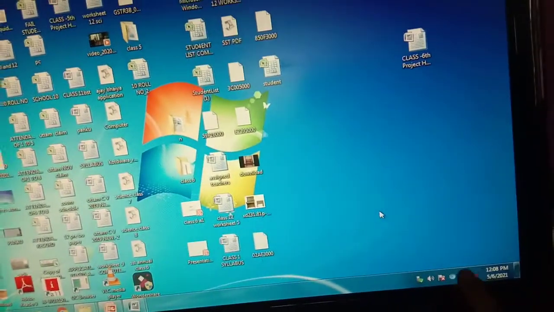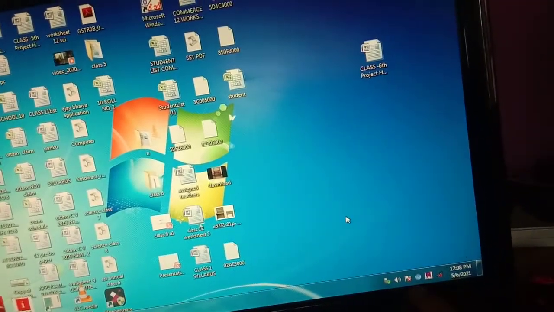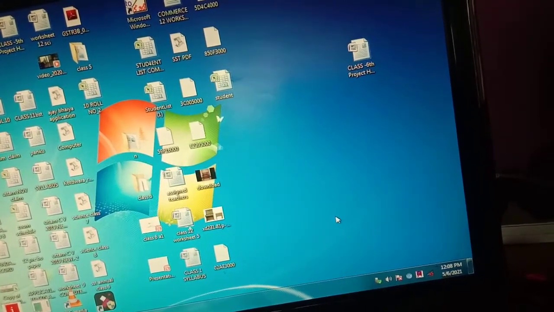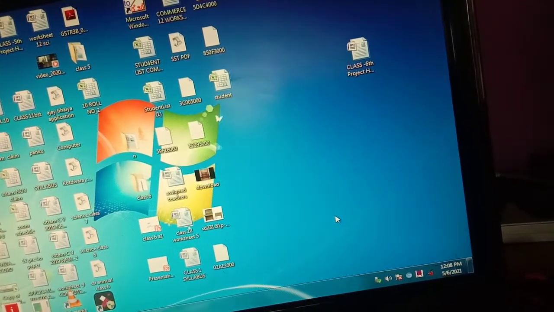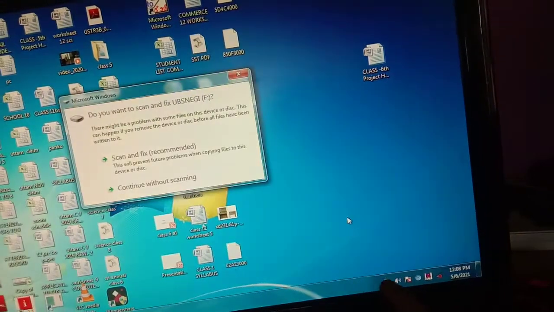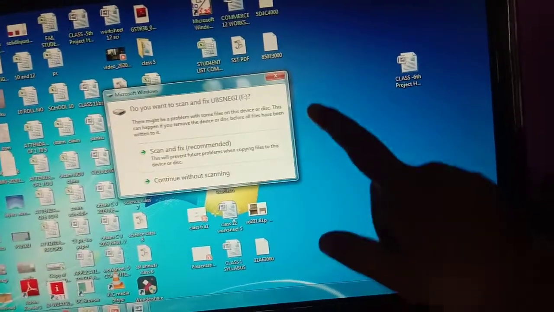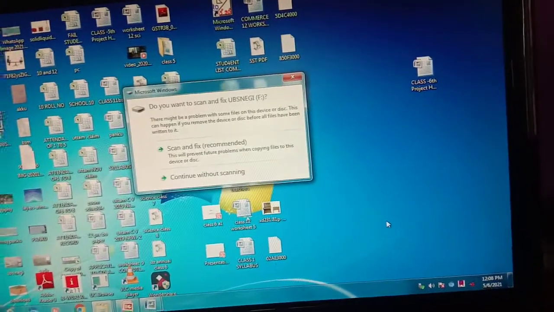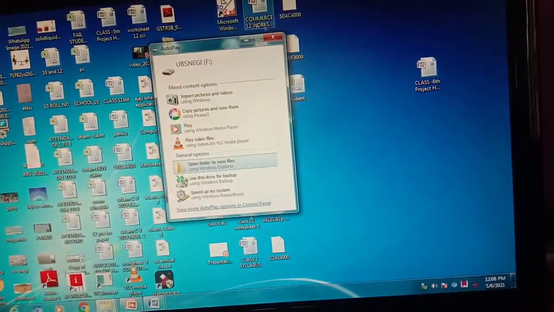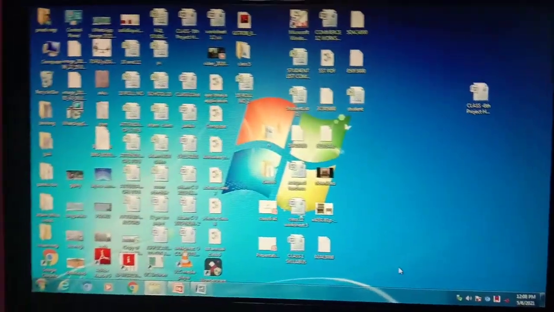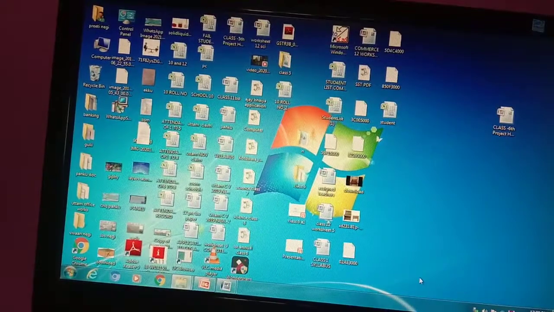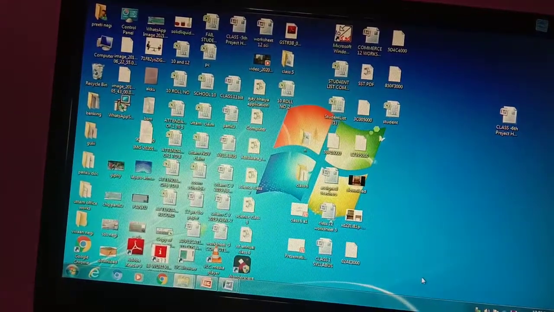Here you get a notification whenever some pen drive is plugged in. For example, I'm plugging in a pen drive for you. Now I have plugged it in, and you can see the option present here. A notification came here, and the message will come in front of you that this is installed. When a new device is plugged in, a notification always appears here that it is installed, or that it is not able to install properly.